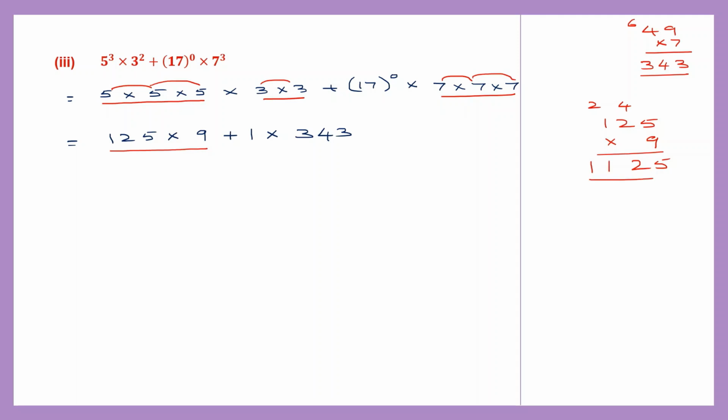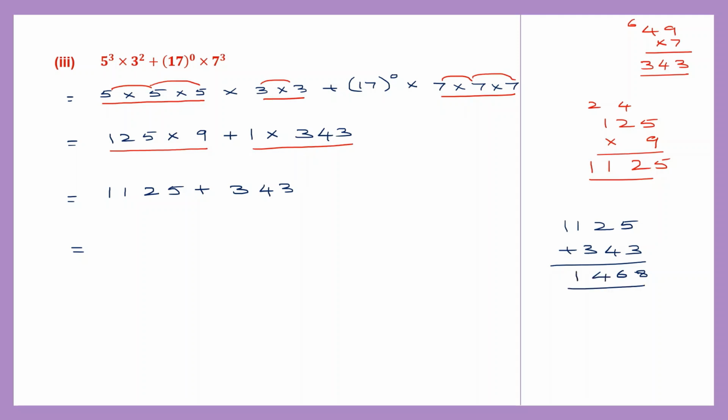1125. So let's write that here. So this becomes 1125 plus, let's do the next multiplication, that is 1 into 343. 1 into that will be the same number, 343. Now let's add up these two. So this is 1125 plus 343. 5 plus 3 is 8, 2 plus 4 is 6, 1 plus 3 is 4 and 1. So here we have 1468. So this is our answer,